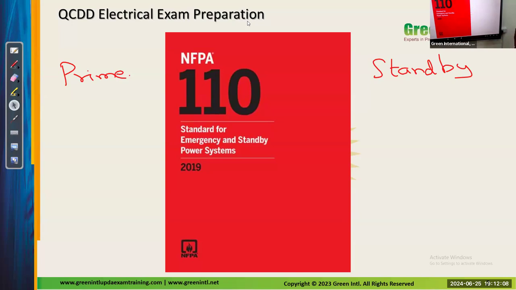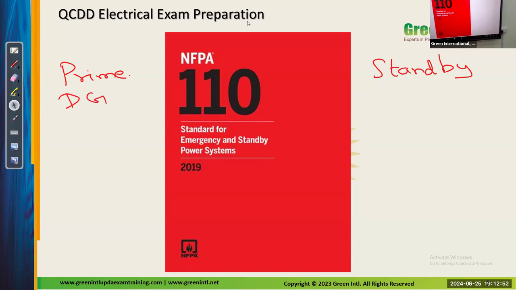So the generator will operate from 7 a.m. to 5 p.m., because our working time is 7 a.m. to 5 p.m. The generator will operate continuously because we need power for the construction activity, as we don't have Karama power. Here in Qatar, we say Karama power or prime power, and we don't have that. That's why we go for the generator. The generator will operate continuously for 8 or 9 hours, or in general, on a regular basis. If we go for the regular basis, we go for the prime generator.